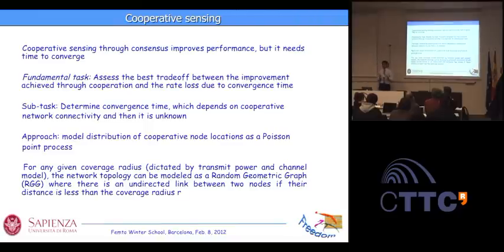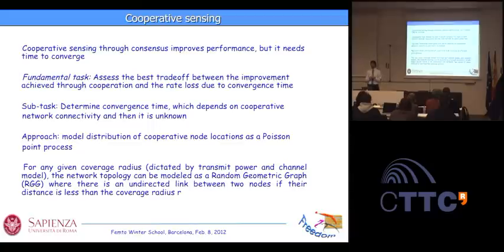So the problem is, how do we quantify this? It is clear that the convergence time depends on the connectivity, but we don't know the connectivity. I'm just talking with my nearest neighbors, and I don't know how many are connected, how many are there. I transmit with a certain power. Everyone within my coverage radius will send me back information, but I don't know how many of them I will have. So how do we tackle this problem?